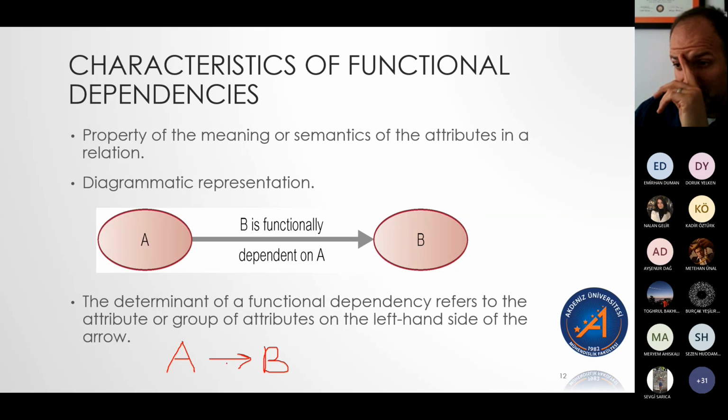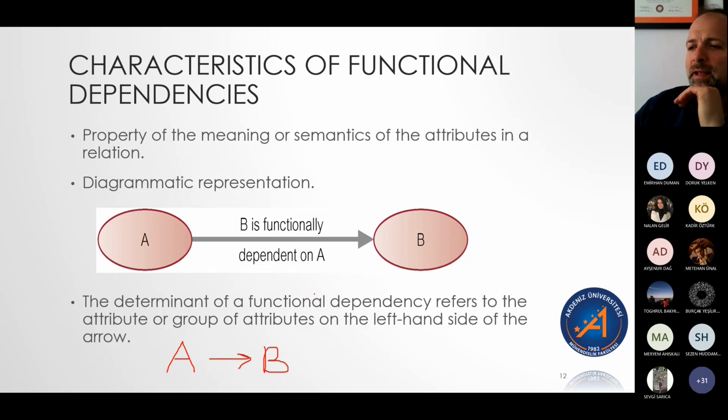Again, A determines B. B is functionally dependent on A. You could also say B is dependent on A. If you want the fancy language, A is the determinant of this functional dependency, and B is the determined value. If you know much about scientific experimentation, it's kind of like variables, where you have an independent variable and a dependent variable. That is kind of how this could be viewed. But the idea is that B is dependent on A.